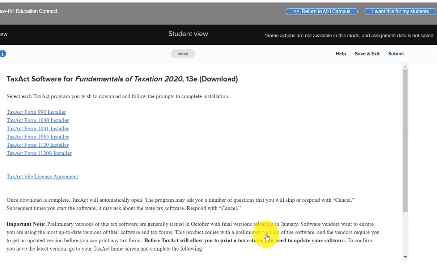and continue, and this is where you will install the program. So you're going to do the 1040 installer. Make sure you know where you're going to on your computer, that sort of thing, and that it'll download, and